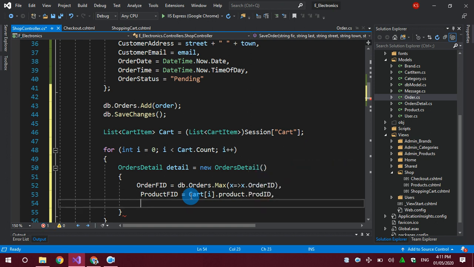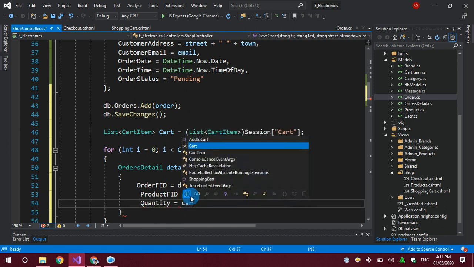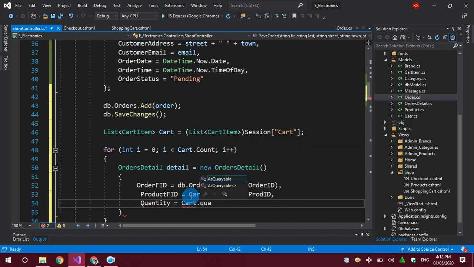Now the quantity of the product: quantity is equal to cart of i dot quantity. Because there may be many items, and for every item the quantity will be different, so I'm using this i variable here. Okay, our object has been created.